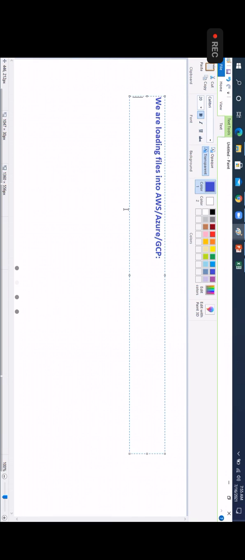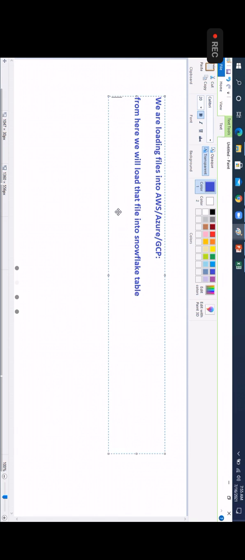Once the file is loaded into AWS or Azure or GCP, from there we will load that file into a Snowflake table. Okay, so if we want to apply a stream on a table, what will happen is